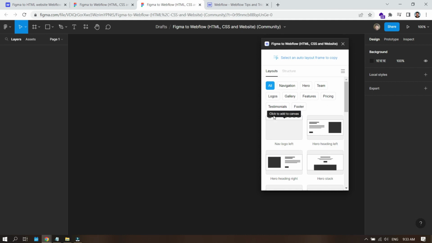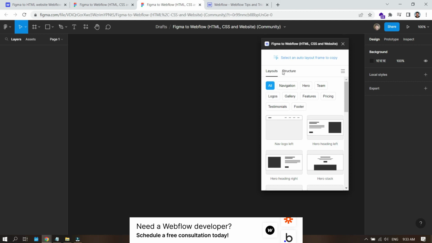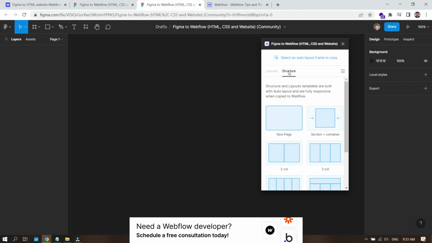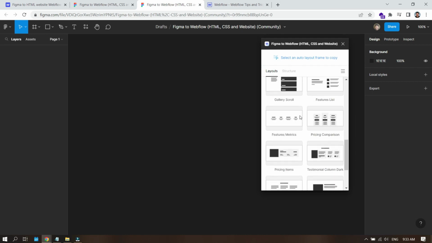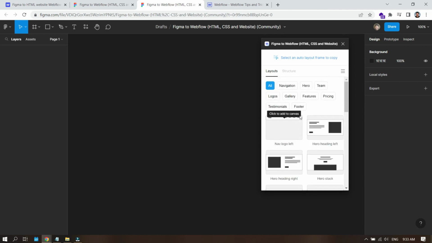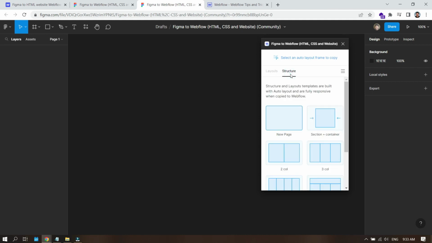So if you look at this plugin, once you connect and then you click on let's start, this is how the plugin would look like. As you can see, it has these layouts and the structure. What is layouts? In layout you get gallery, logos. These are some pre-built layouts by Webflow that you can use, and also Webflow has these layouts in Webflow dashboard also, right? So we'll start with the structure because we want to learn, right, how to do that,